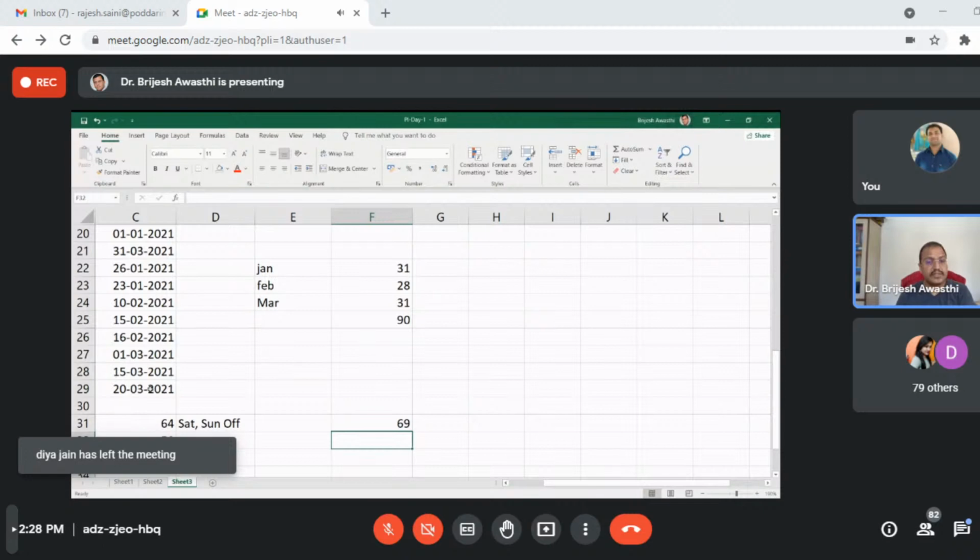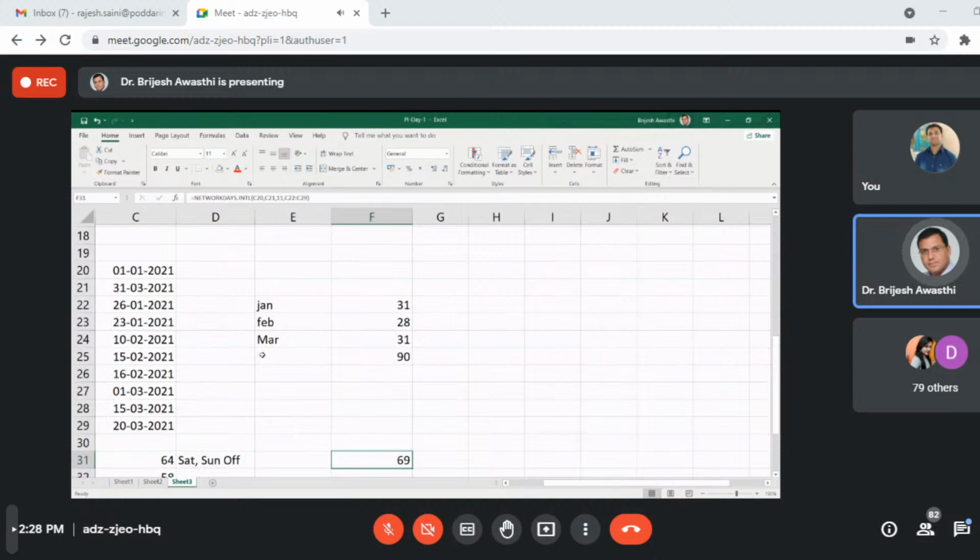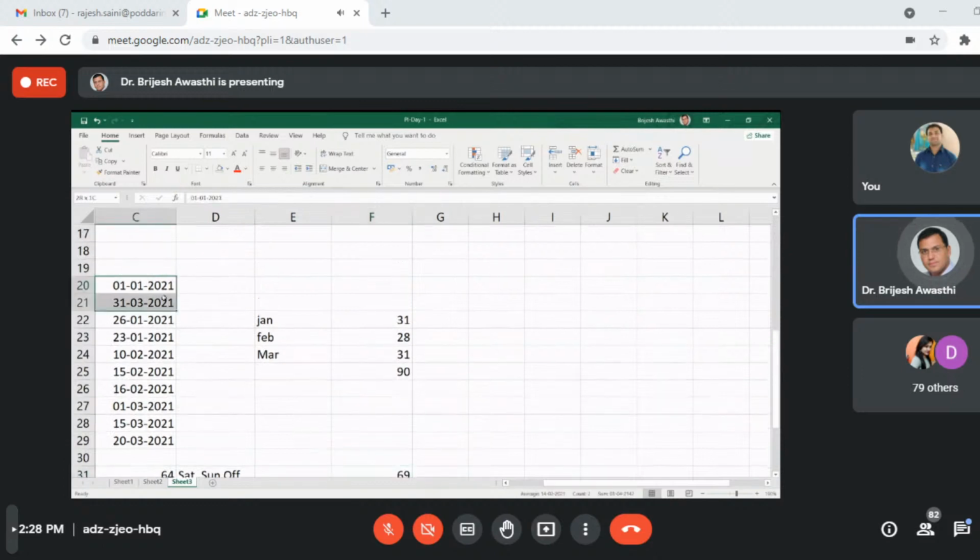The value is 69. That is, there are 4 Saturdays, 5 Saturdays which were counted here, right? So if my Sunday is off and Saturday is working, my working days count as 16, right? If I took a holiday and these holidays come on either Saturday